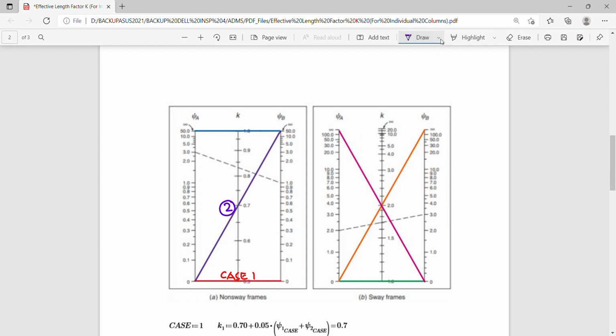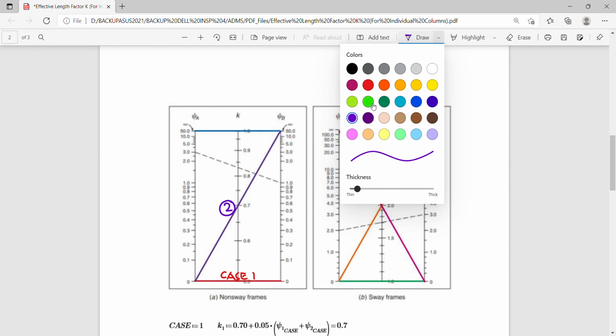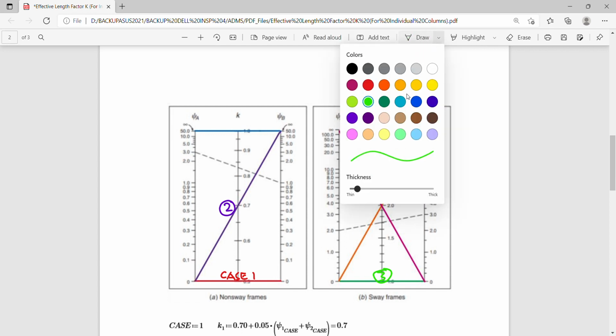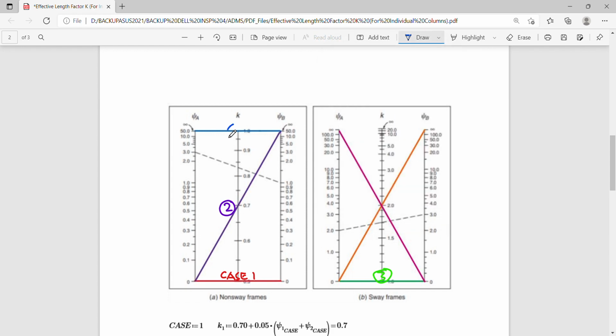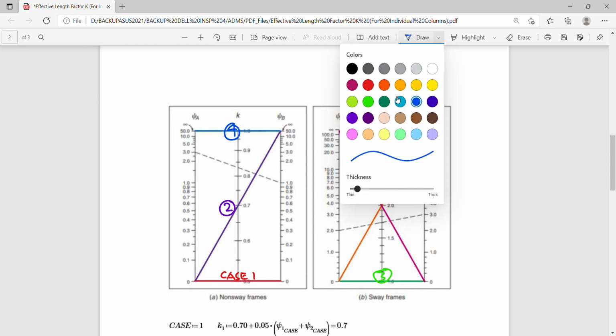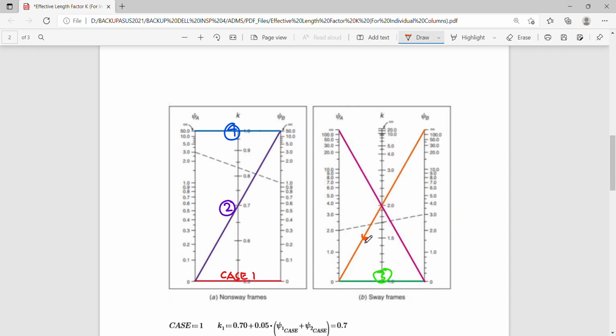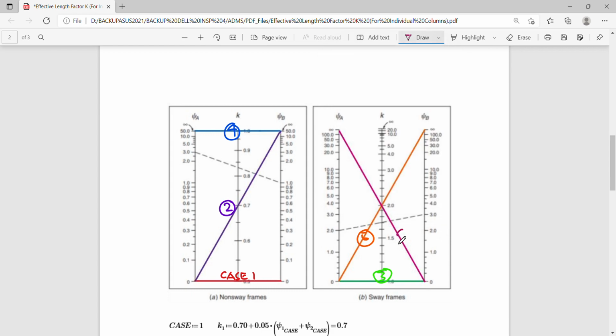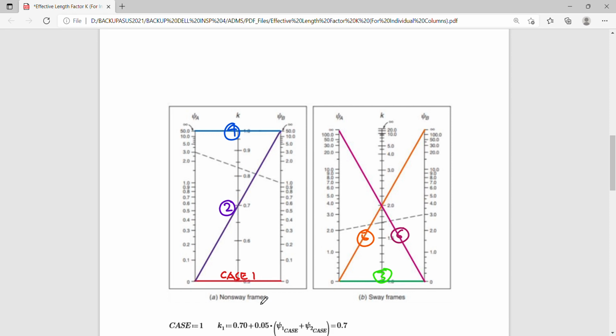We have the green color representing case 3, the blue color representing case 4, the orange color representing case 5, and purple color representing case 6. Okay, so for case 1, we simply plot